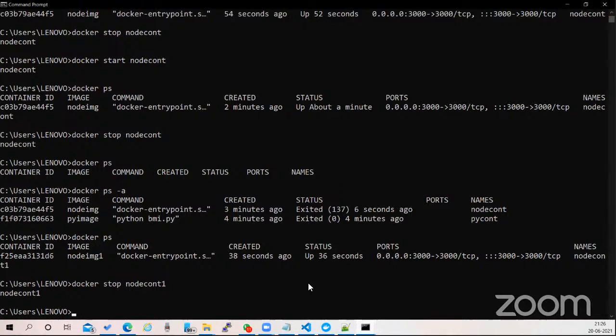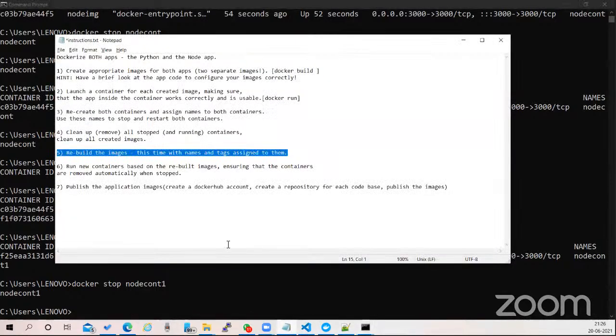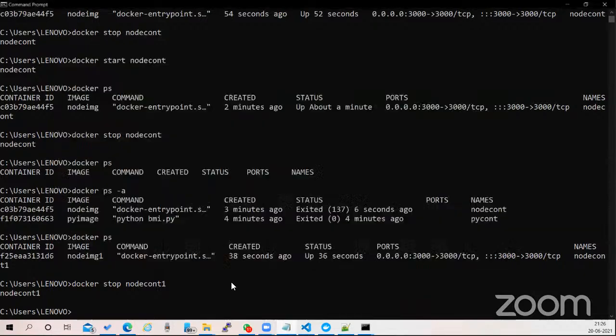So to reuse this, I will have to automatically remove the containers when they are stopped. That means that every time I stop a container, that container must be removed. That container should not stay in the memory